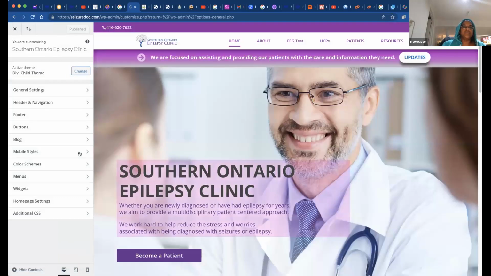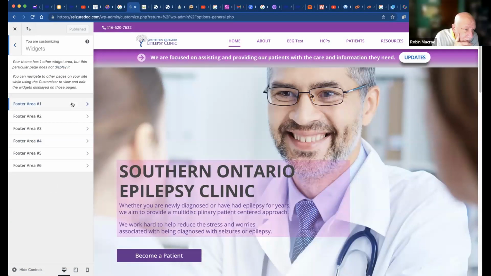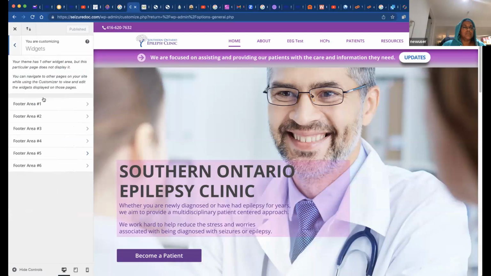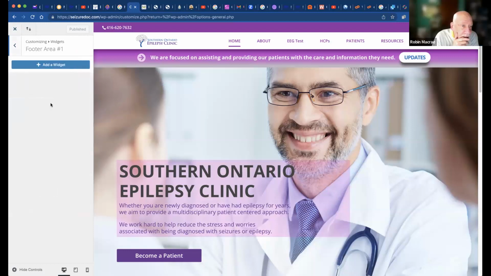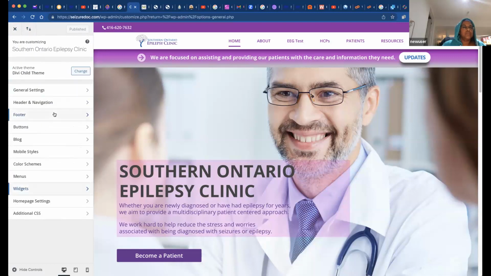But this widget, so that would be what? I don't see the right sidebar. Where did it go? You just got footer areas there. I don't know.